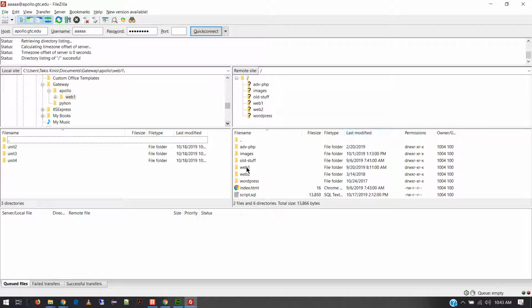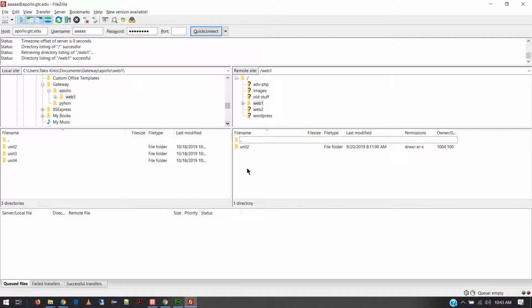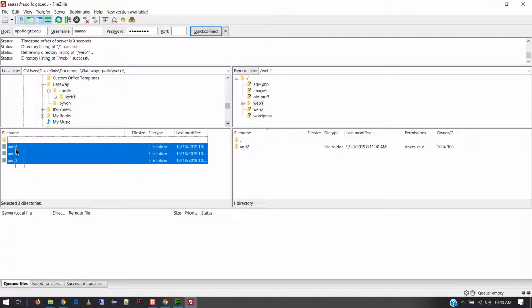Over in Apollo, I'm not sure what I have. Now, you guys have to keep in mind, I've taught this class many times. I'm not even sure what's in that Web 1 folder at this point, so I'm just going to click, oh, wow, okay, that is from this semester. I see the timestamp here. So what I'm going to do is I'm going to sync these folders up. So I'm going to go ahead and just highlight all of these on the left-hand side